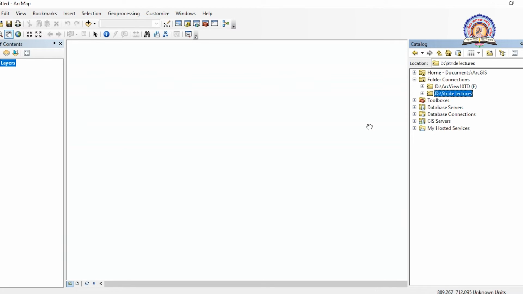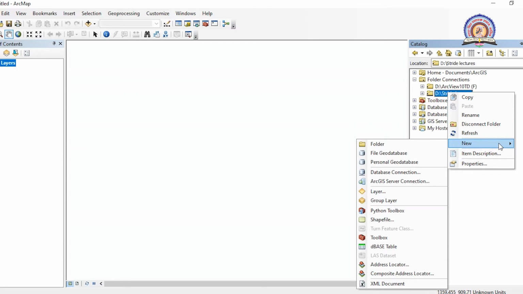Now today's agenda is how to create a database. After linking our folder, we have to create a database management. For that, we right click on our folder and choose the New tab, and from here we select a personal geodatabase or a file geodatabase; either you can select.